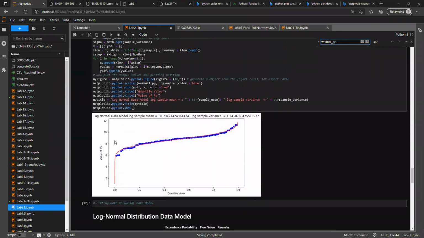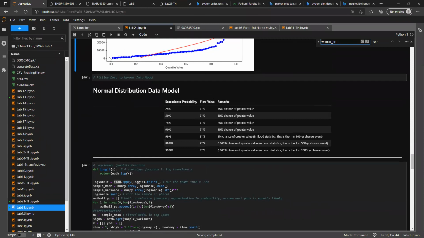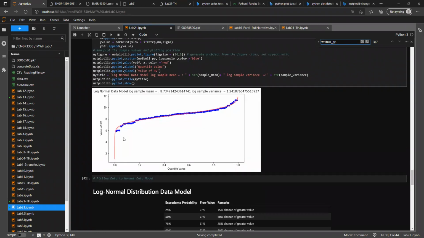What does that mean? Well, I took my first one, which was, I don't know, 600 something, and I took the logarithm of it, and now it's here instead of where it should have been. And same thing here. So both the red line and the blue dots are in log space, which means, all right, let's say